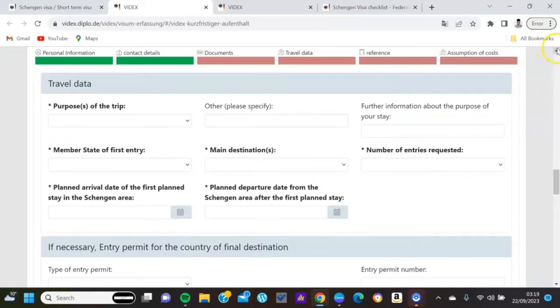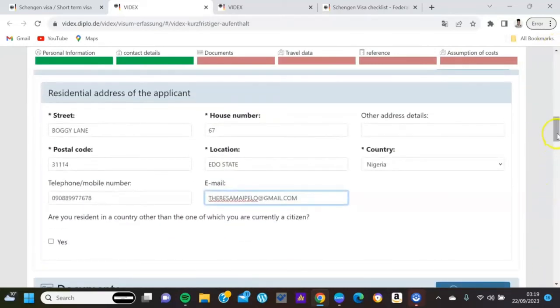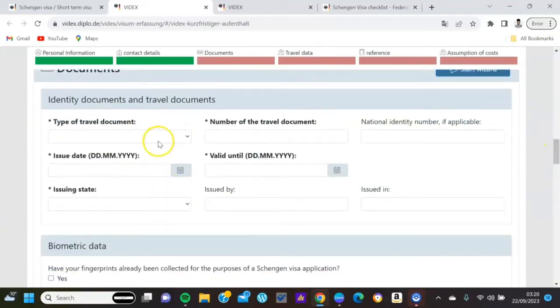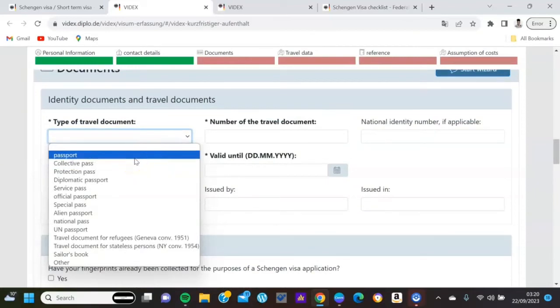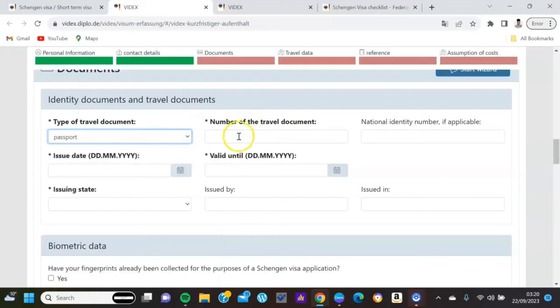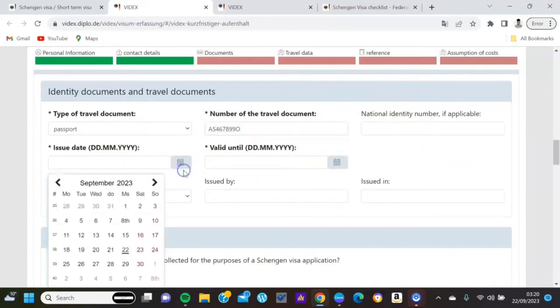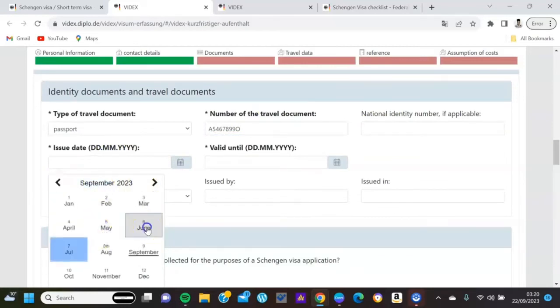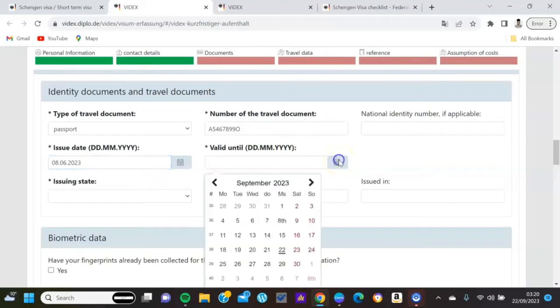Oh, sorry. I think I went down too fast. We go to documents. So type of travel document is passport. And then number of travel document, you put in your passport number. That should be correct. Then issue date, the date your passport was issued, you can put say June 8th, 2023, valid until in 5 years or 10 years, any one. So 2028,